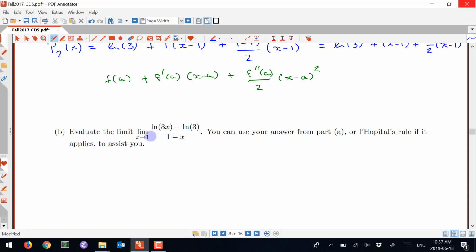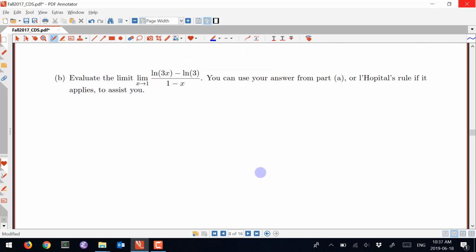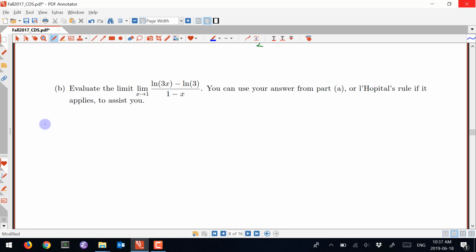Because in part B, we're asked to evaluate a limit as x approaches 1. And we can see that there's some interaction between the things that we have in our Taylor polynomial, the ln of 3x here. Right now we can't cancel anything. If you want to use L'Hopital's rule, you can try that as well. But I think the easiest thing to do